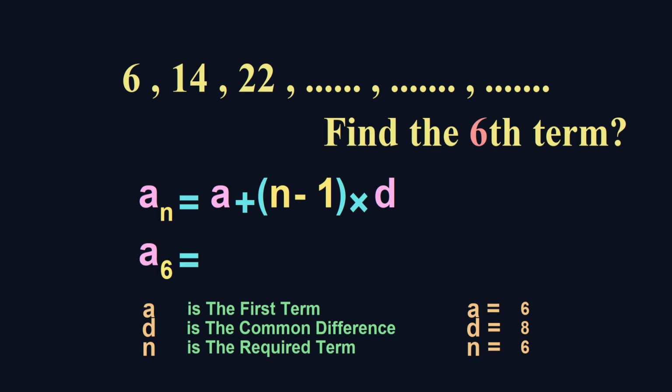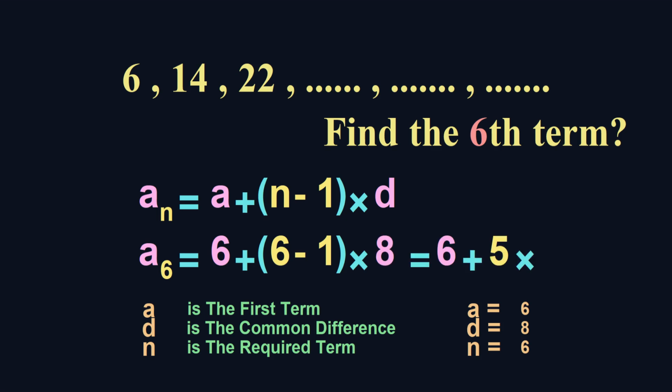a_6 equals 6 plus (6 minus 1) times 8, which equals 6 plus 5 times 8, which equals 46. And this was the solution by